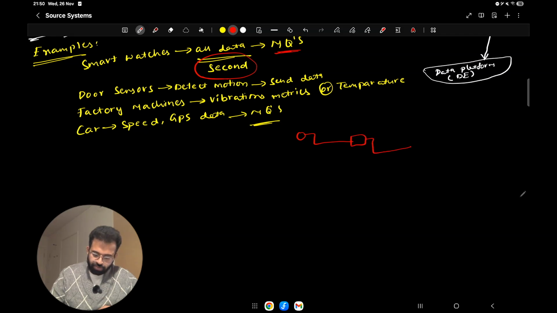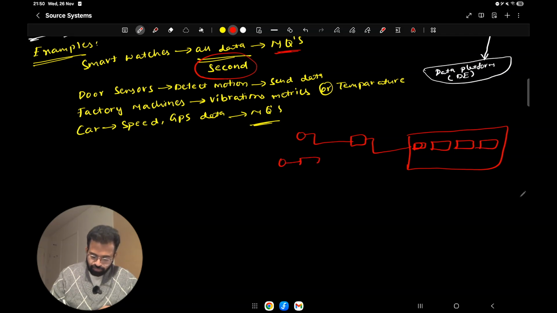So let's say this is the message queue. Okay, so it's like this. There will be a device here which will be sending the message to this. There will be a device here which will be sending the message. So there will be so many millions of devices.